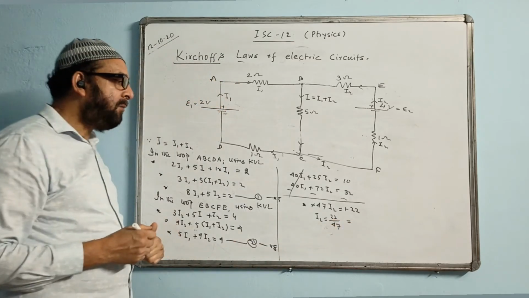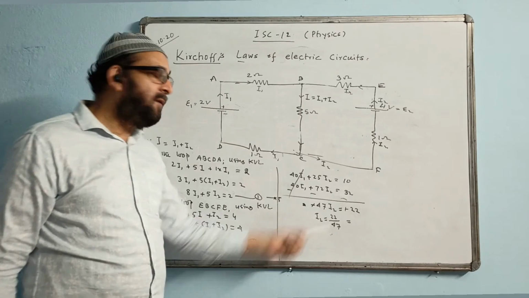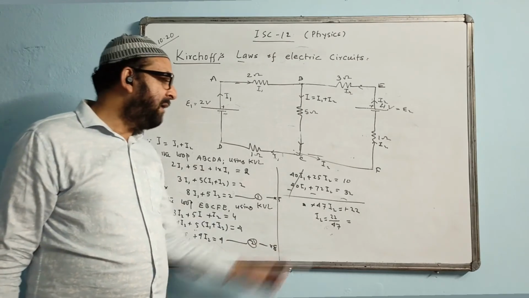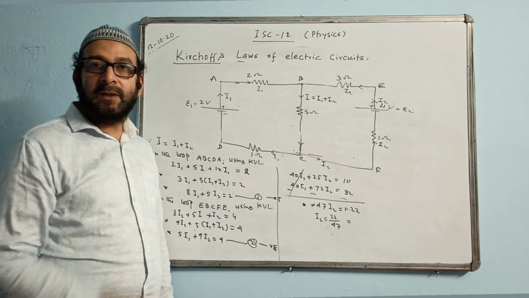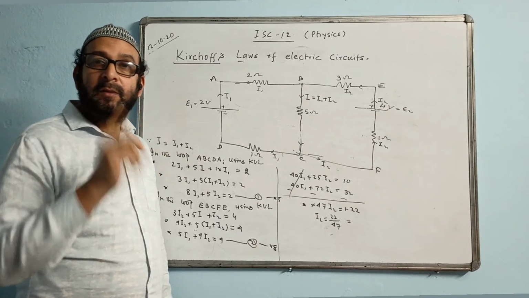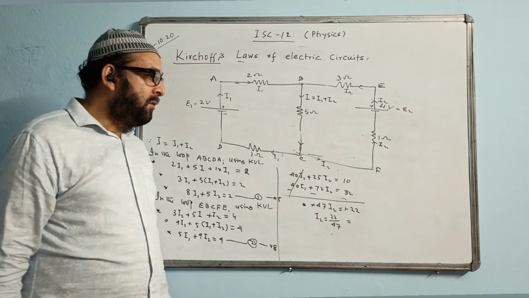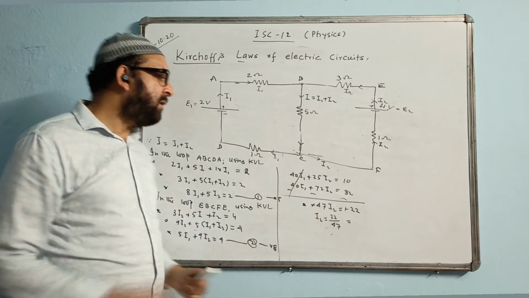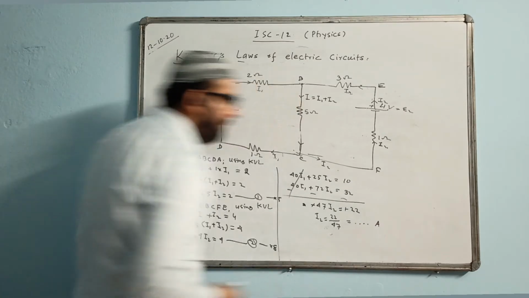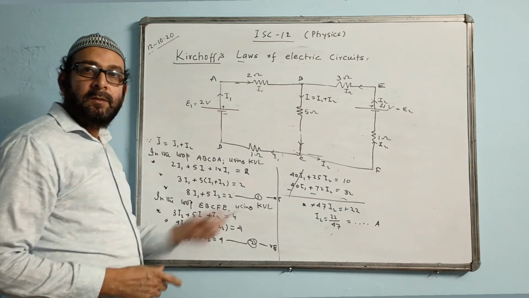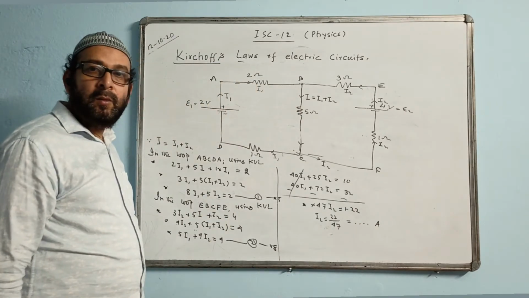Now, exam time, we will find the answer without considering fractions. You must find the answer in three significant figures or three decimal places. With the last number, you have to round off and write down. I don't have a calculator, you can check how much is the answer. Then that answer you must write in ampere. That much ampere. So that is the answer for I2.